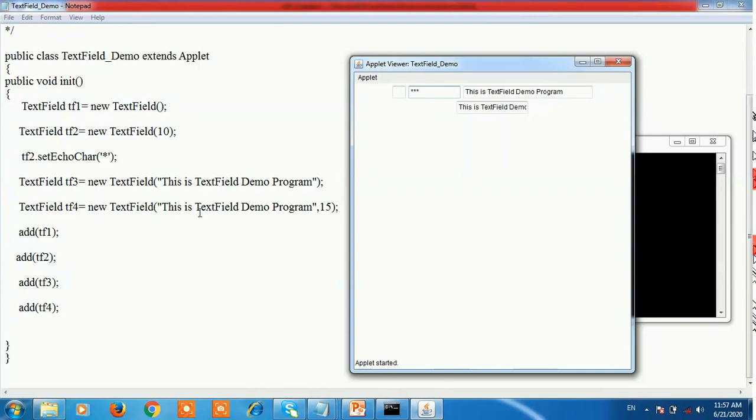First, this is text field demo program, and second, 15, the maximum number of characters of the text field. So here the string is displayed, and the maximum number of characters we entered into that text field is 15. This is the sample program of the text field demo.